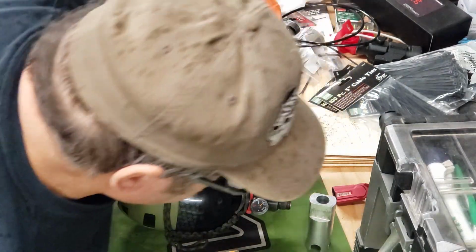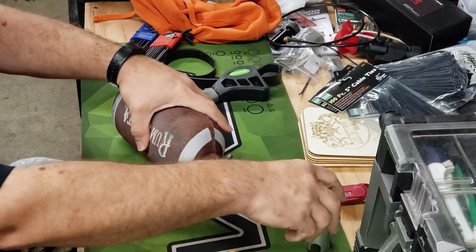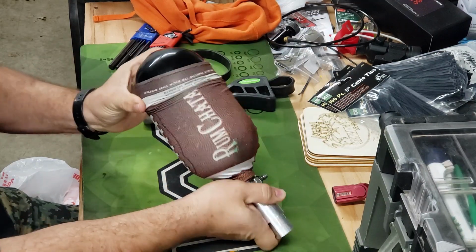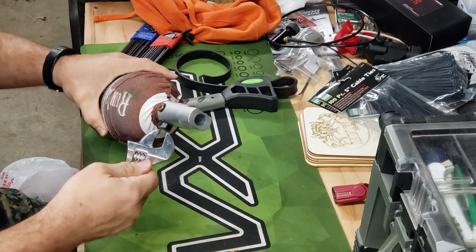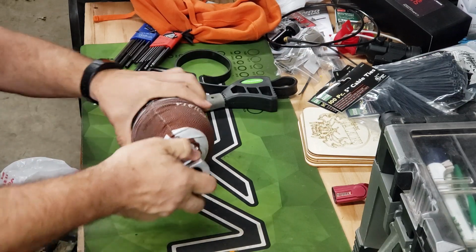So what we'll do is we'll remove the 6845 with the old style rig wrench. I'm going to slide my tank cover up. Small crescent wrench. Now if we get lucky, we shouldn't even need a